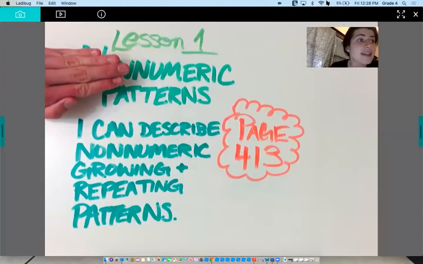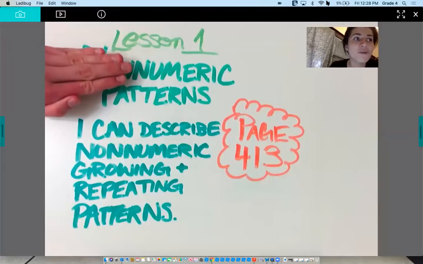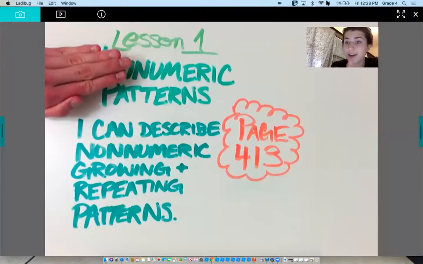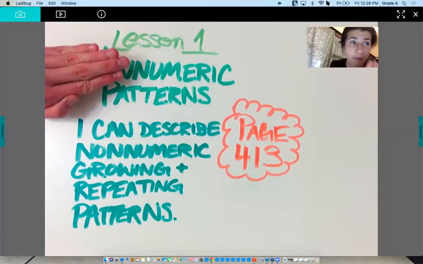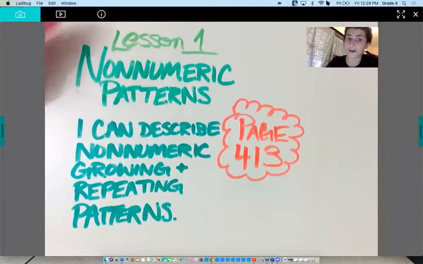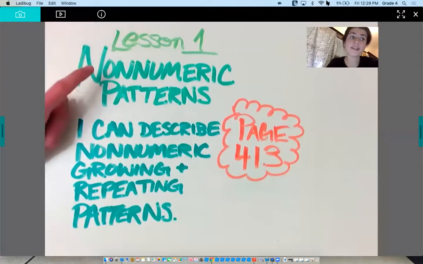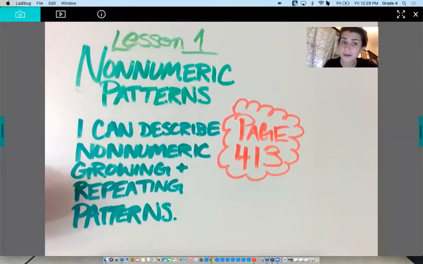So what I see that looks familiar to me is I see that root word num, or it sounds like number, numeric, having to do with numbers. And non-numeric would mean not having to do with numbers. Because non is that prefix, that first part of the word that tells me something about the meaning of the